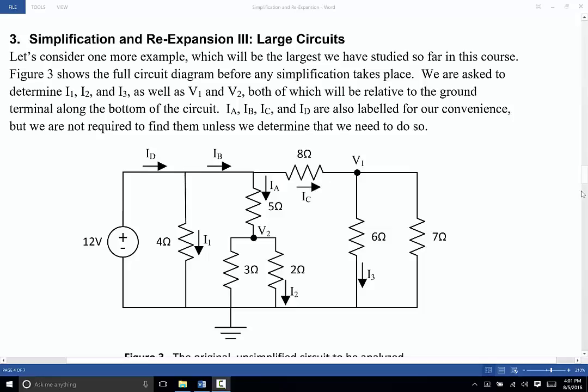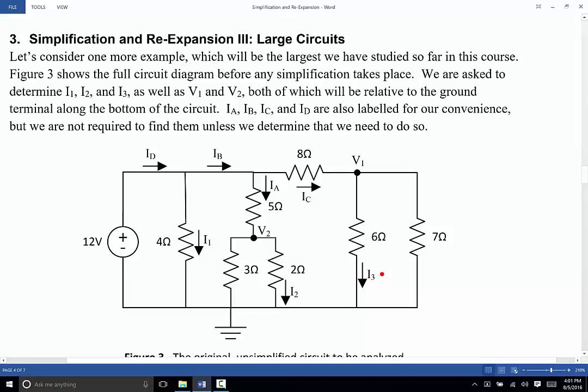Okay, it's time to tackle the largest circuit we've seen so far in this class, and by far the most detailed analysis. We're asked here to find the voltages V1 and V2. So here's V1 above the 6 ohm resistor, V2 is right here above the 3 ohms and the 2 ohms. We're also asked to find I sub 1, which is right here, I sub 2, I sub 3,